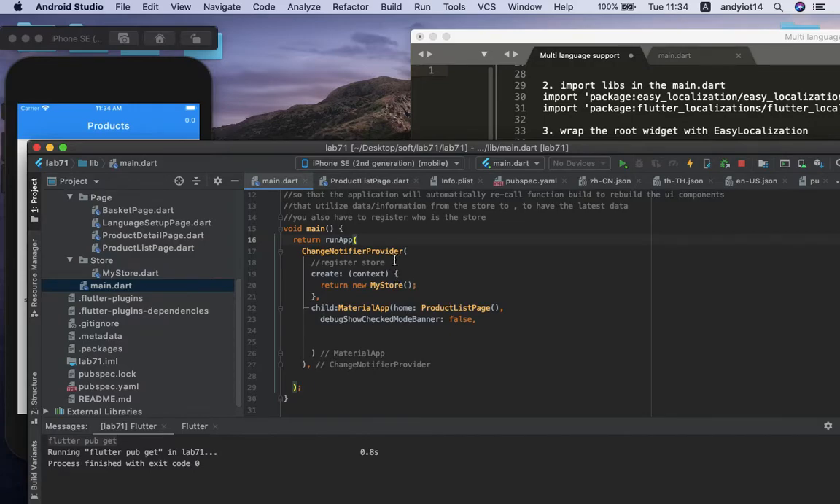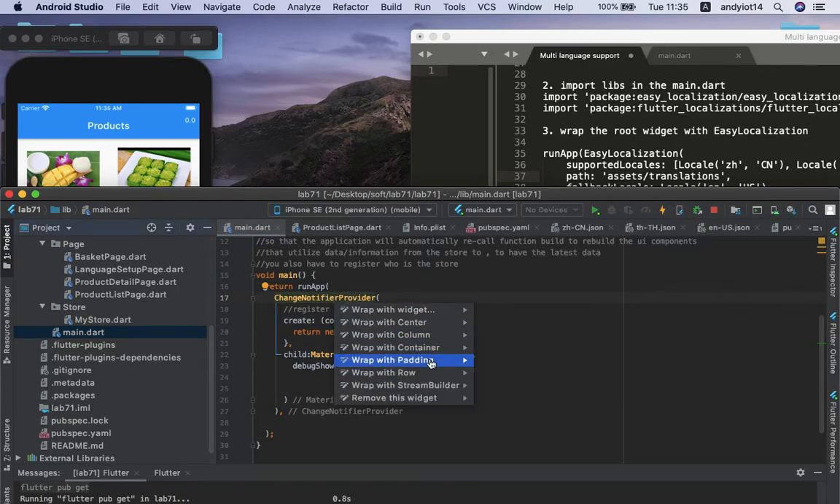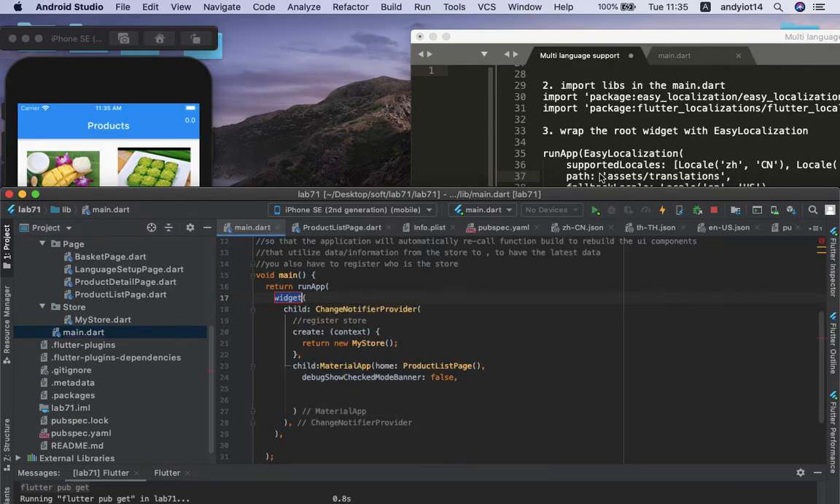Now you can see that right now the root widget is ChangeNotifierProvider. This is what we did for the last lab. Now in lab number 8 here, if you want to wrap this to support easy localization, this is going to be the child of EasyLocalization. So go ahead and go to this and press alt enter. This is going to wrap it as a child of the widget. The widget's name is going to be easy